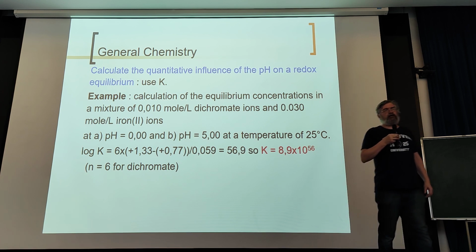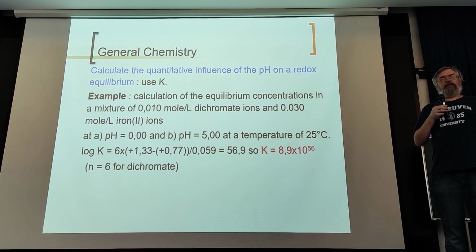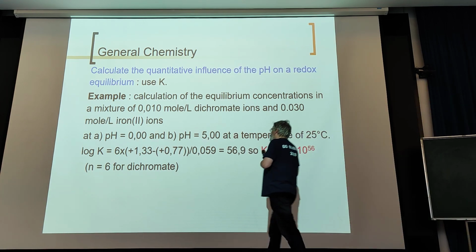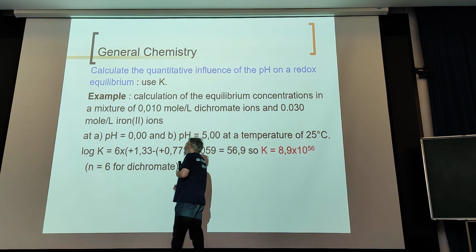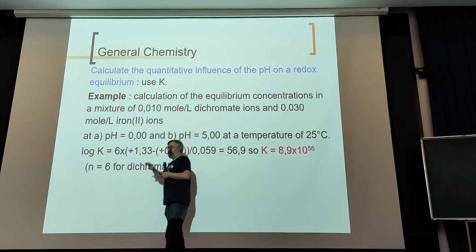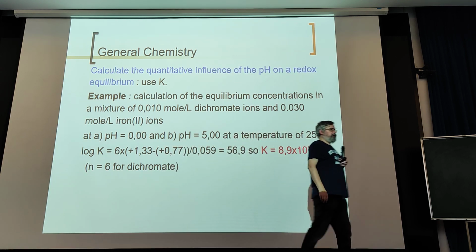It's bichromate, so bichromate goes to 2 chromium 3 plus. That's 2 times from 6 to 3, so 2 times 3 electrons, 6 electrons in total. This is the reduction potential for bichromate. This is the one for iron, which we have seen previously. And we divide